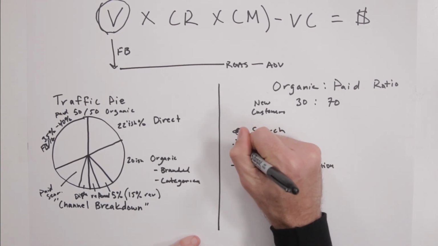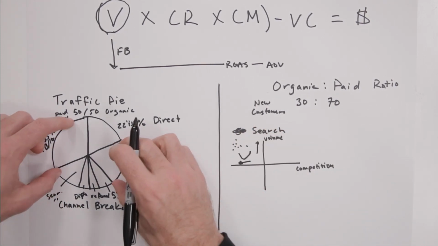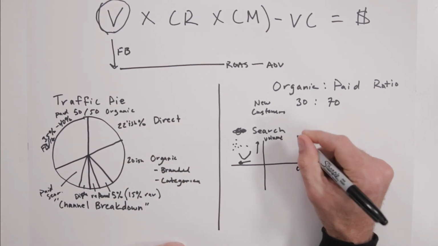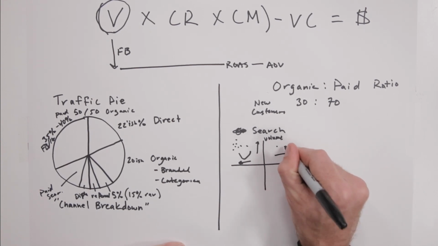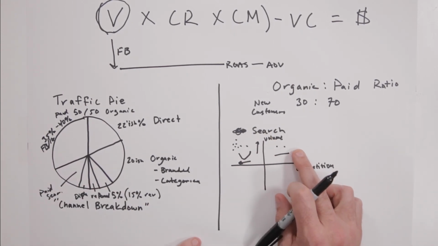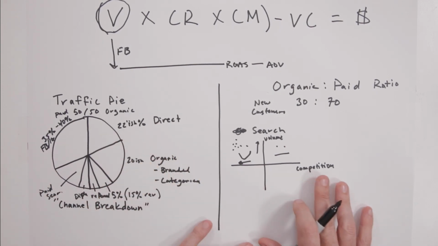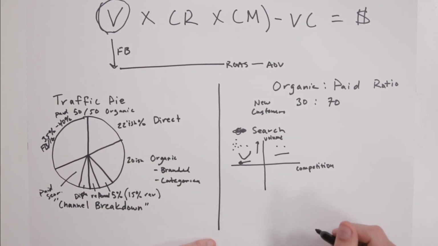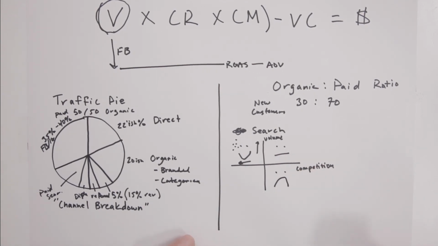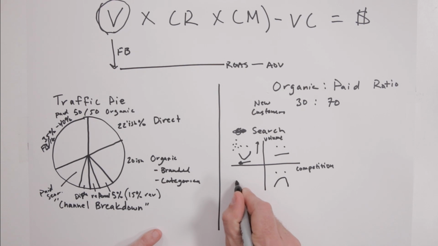If your brand exists over here, there's a lot of opportunity to affect the quadrants of this related to search, and we will often put a focus there. If you exist over here, we would call this sort of an even opportunity. Think of this as categories like t-shirts or shoes or makeup, where there's tons of search volume, but it's highly competitive and very difficult to make meaningful traffic differences in those areas. Now, obviously, this area would be the worst: areas of low volume and high competition, where you have a small set of keywords that are highly competitive and your ability to make an impact is really not that great.